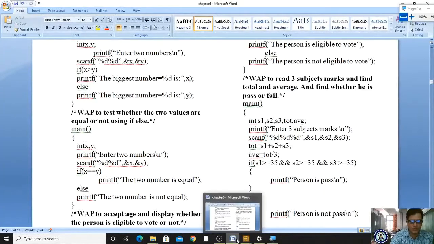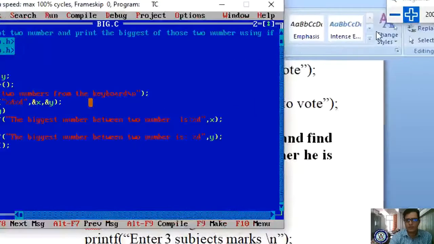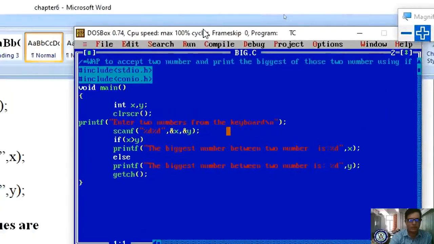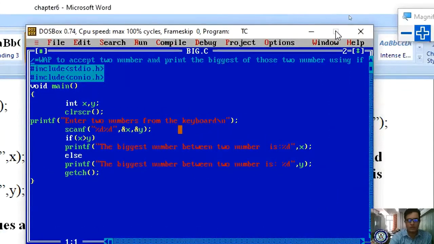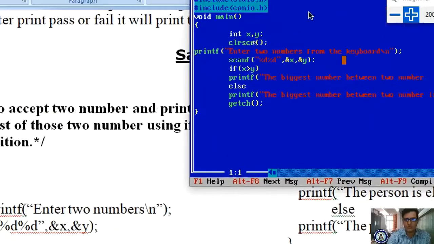Now it is the same program. I'm coming here and taking here. Let me check whether it is visible. I'm pressing the Alt Enter.